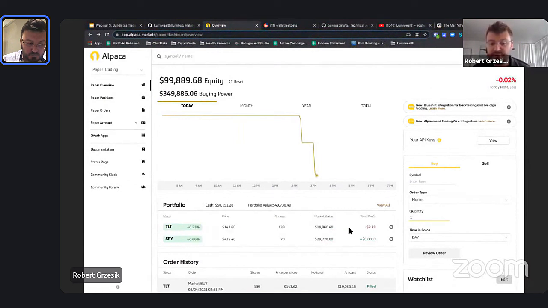The other 40%. Okay. If this is a time when SPY was too high, it would automatically sell SPY and get into TLT. Or if the opposite happened, if SPY fell a lot, it will do the flip as well. You could do this much faster. You could do this with many stocks throughout the day. And you can use a lot of other types of technical analysis as well.